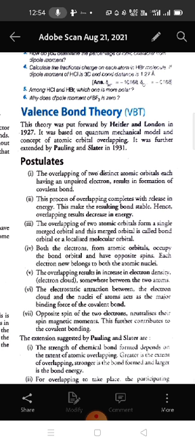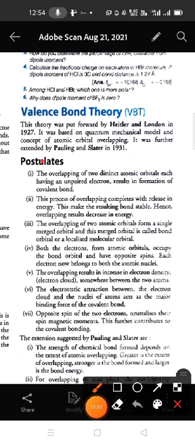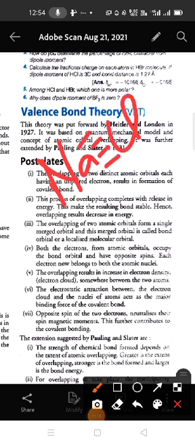Now the next postulate, the electrostatic attraction between the electron cloud and the nuclei of atoms acts as the major binding force of a covalent bond. So for bonds like NaCl, in between these elements you can see the electrostatic attraction force will work. Okay,